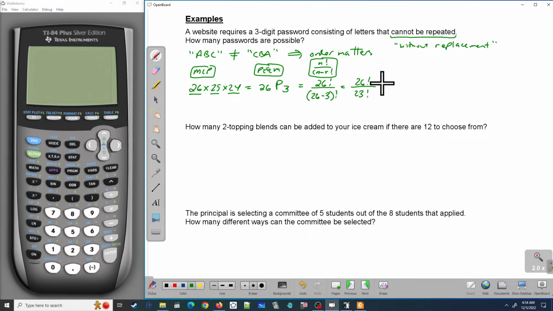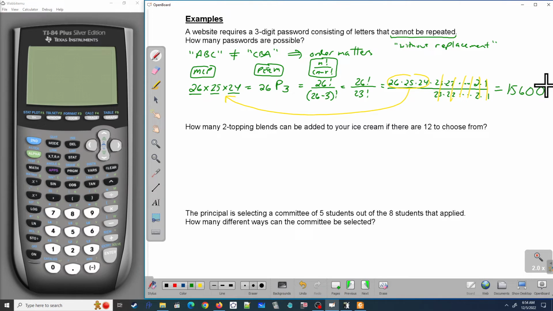Let me also emphasize again what a factorial means. It means 26 times 25 times 24 times 23 times 22. You get the idea, so I'll go dot, dot, dot, times 2 times 1. So down here, I'm going to go 23 times 22 dot, dot, dot, 2 times 1. Realize that these cancel out, and this ends up looking exactly like our multiplication counting principle. In the end, there were